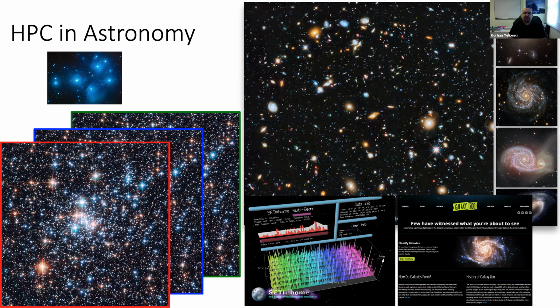So if we see a galaxy, we know this is a spiral, this is an elliptical galaxy, and we catalog those, we label those galaxies. And then today's machine learning algorithms can easily use those labeled data. I will show you a small example about that at the end.